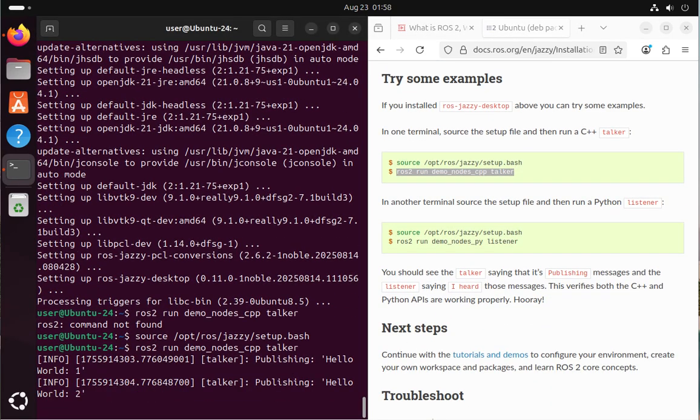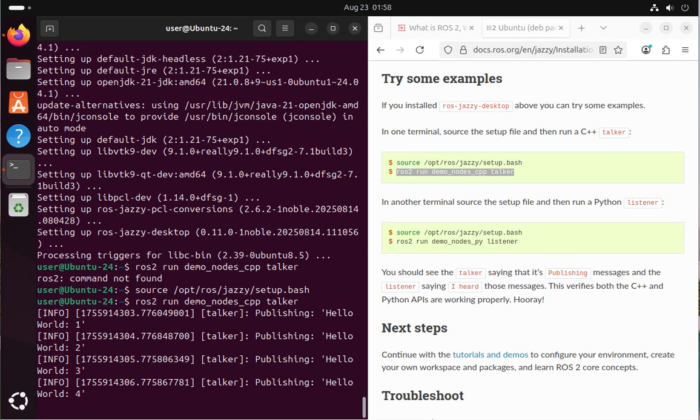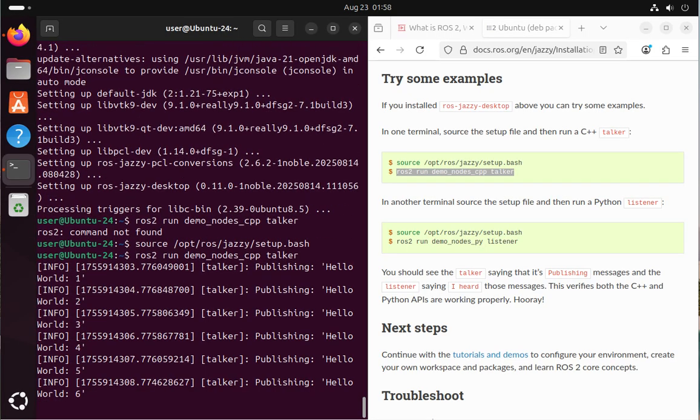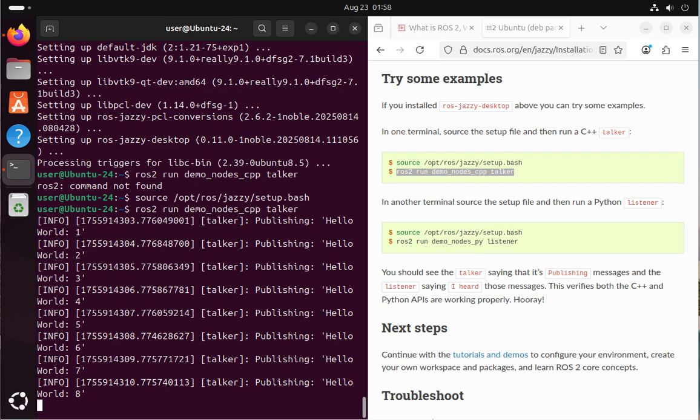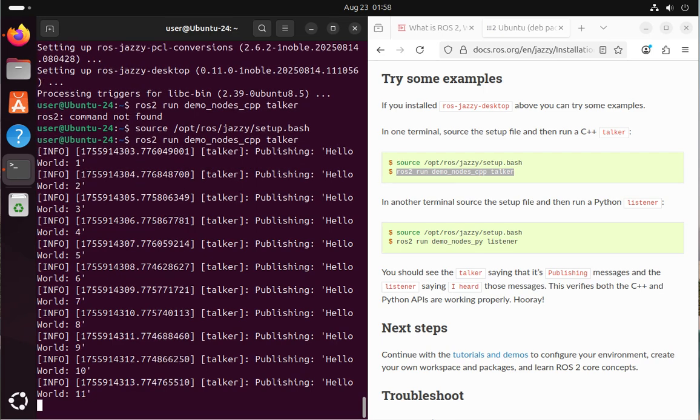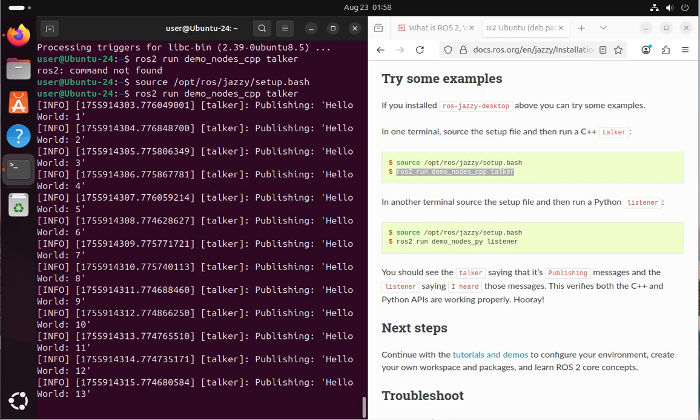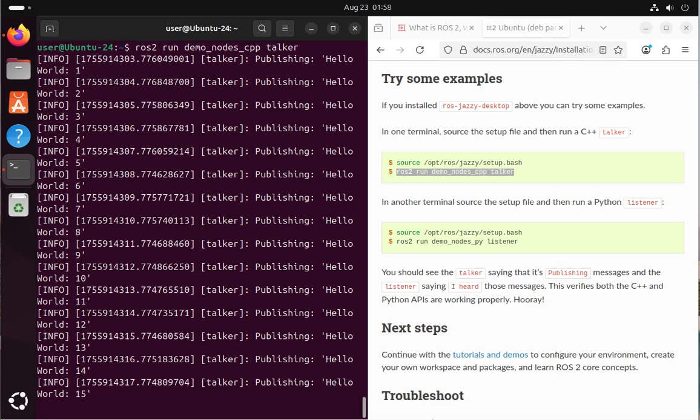Now, what you're seeing on the screen is a very basic test demo package that ROS provides for us just to test that the ROS installation is working successfully. What it's doing is just publishing a hello world message within the ROS communication, and that's all it does. The second part of that is a listener, which is going to actually subscribe and pull that data from this package. So we'll go ahead and hold Control C on the screen to shut down